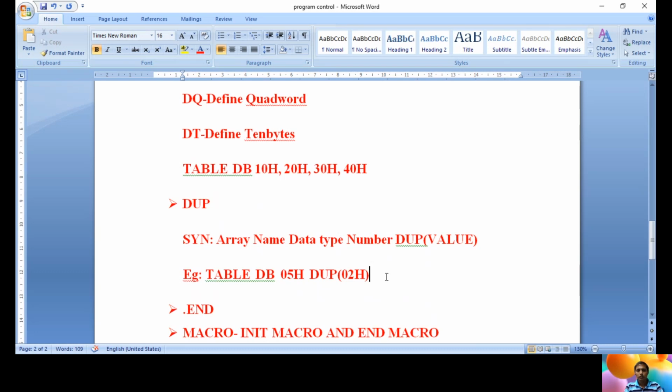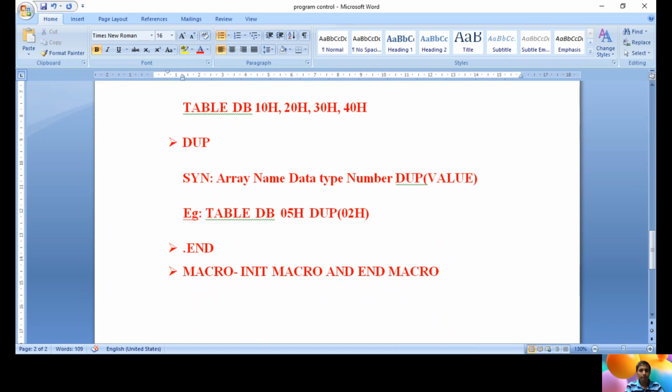If you execute this instruction, the first 5 locations duplicately contain the value 02H: first location 02H, next location also 02H, like that. This type of instruction is preferably used to send one fixed value to a number of locations. 05H is the number of locations, and all those locations receive the value 02H duplicately.